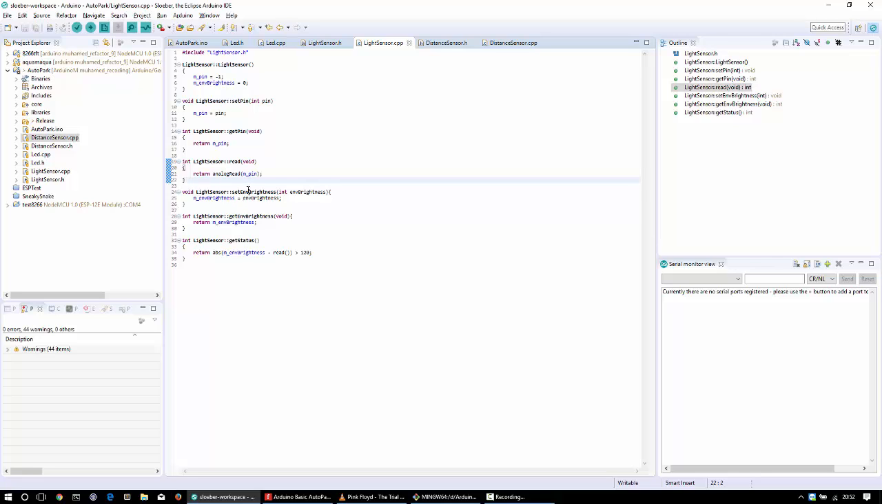And we have here setter and getter. This one sets environmental brightness. It's very simple. And this one returns it. And here we use this formula for